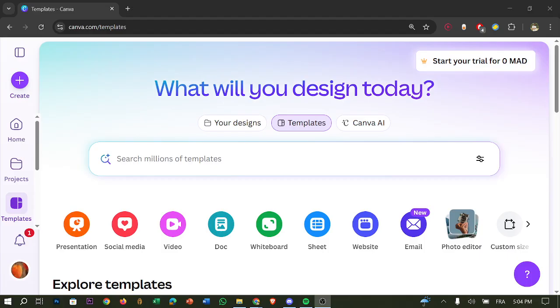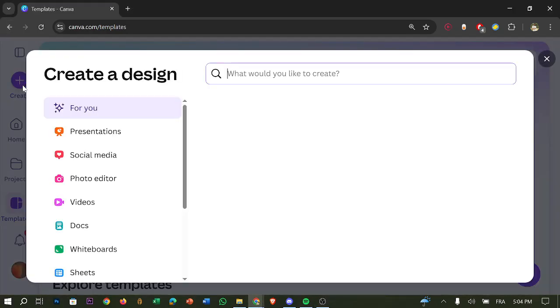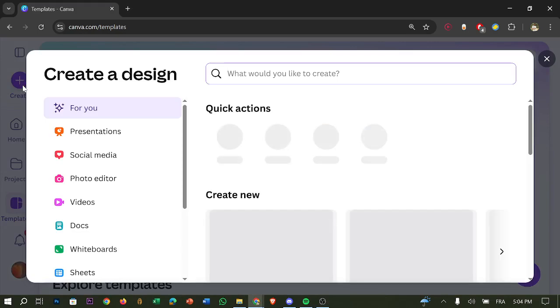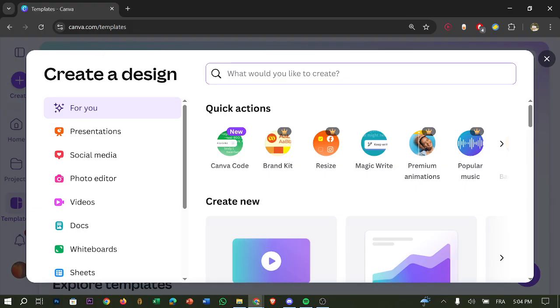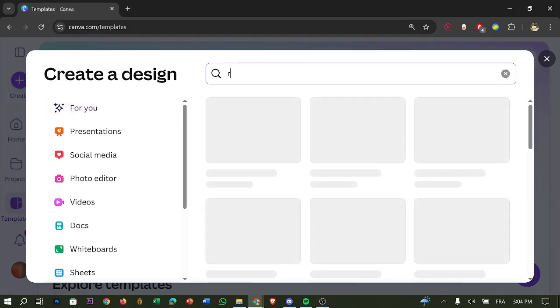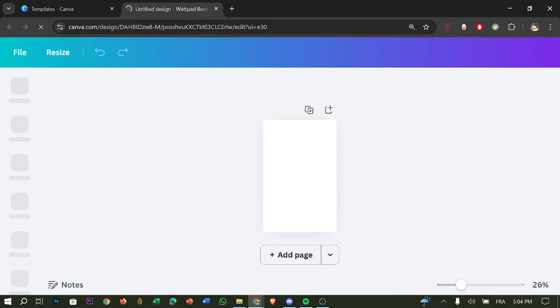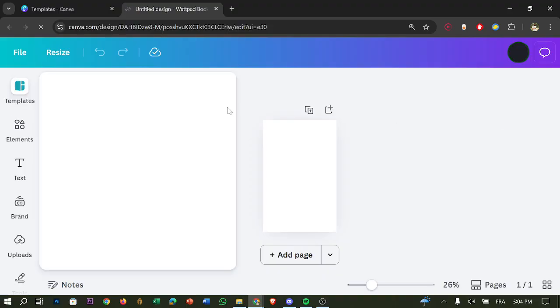Okay, so first things first, log into your account, click create. Look for ebook. Select the format. Okay, so wait for it till it opens. So now